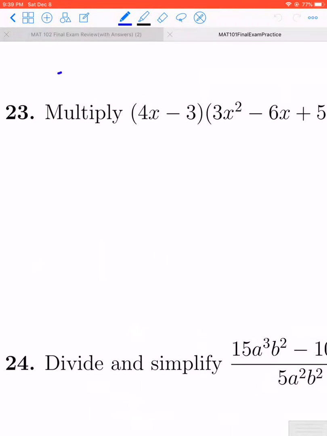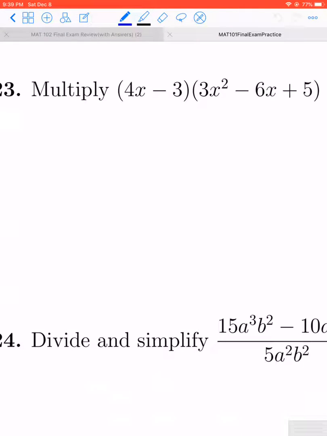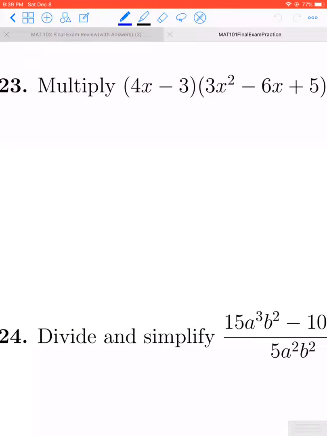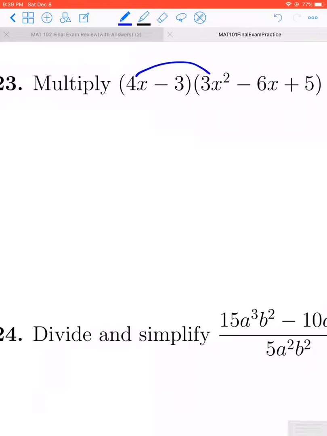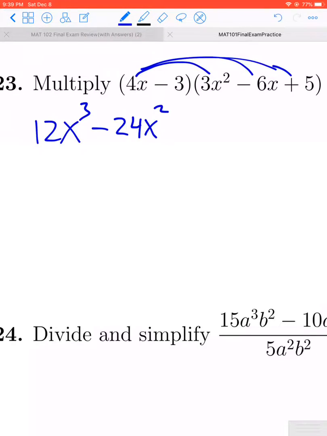Let's take a look at the next page on the review. In question 23, we're asked to multiply. We have a binomial times a trinomial, so I need to distribute the 4x in first. 4x times 3x squared would give us a 12x cubed. 4x times negative 6x would give us a negative 24x squared. And then 4x times 5 would give us